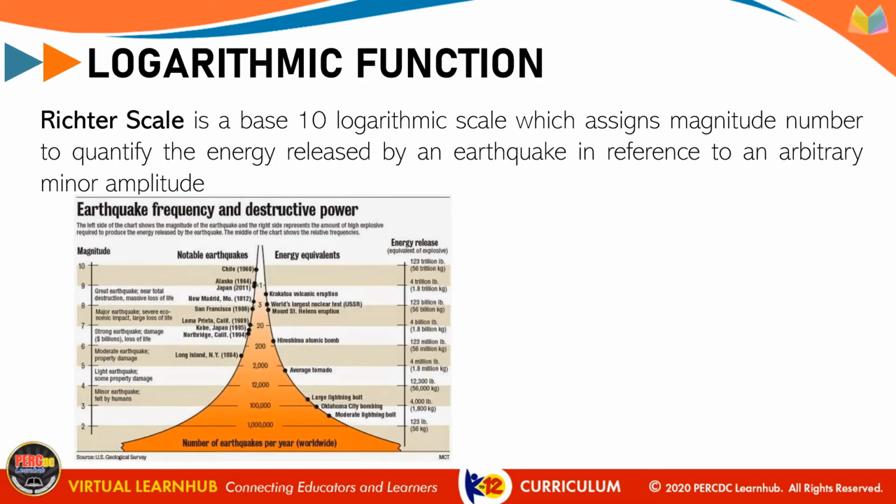For example, a magnitude 3 earthquake is a minor earthquake that is felt by humans with some noticeable shaking of indoor objects. Let's say that magnitude 0 produces an amplitude x. Then, magnitude 3 produces an amplitude 10 raised to 3 times, or 1000 times higher than magnitude 0. Therefore, magnitude 4 is 10 times higher than magnitude 3, and that is 10,000 times. And magnitude 5 is 10 times higher than magnitude 4, and that is